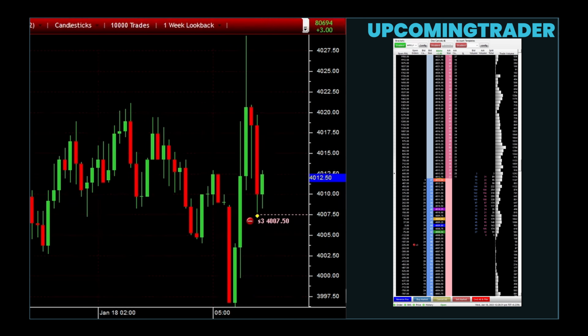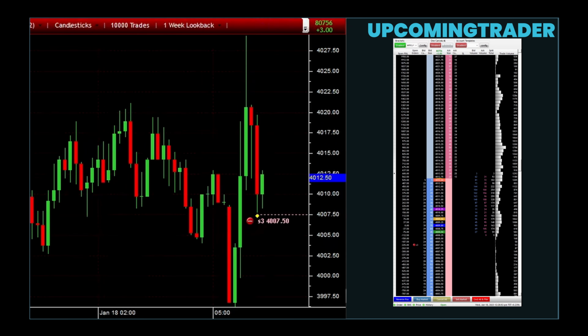On the other hand, in a descending triangle, volume should increase as the price nears the support level, suggesting that sellers are likely to push the price lower. In symmetrical triangles, volume usually decreases as the pattern forms, but a spike in volume during the breakout confirms the